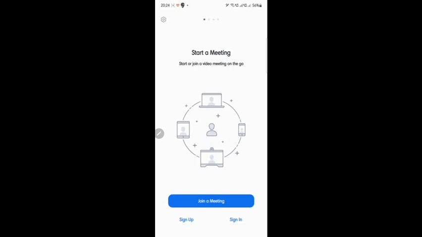So that's all for today in this video. In the next video I will tell you about the complete interface of Zoom. What is interface? Like the complete look of Zoom, what all things are there inside Zoom. So basically, what you will see after you click on the join a meeting button, what all options, what all notifications you will get, that part I will explain to you in the next video.